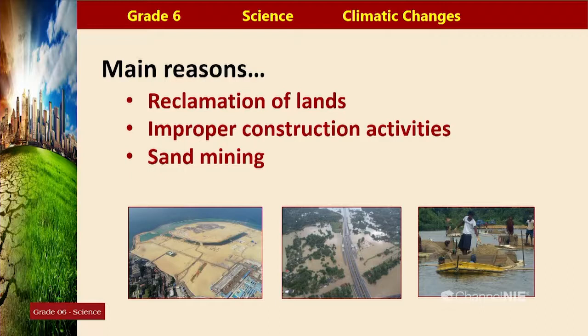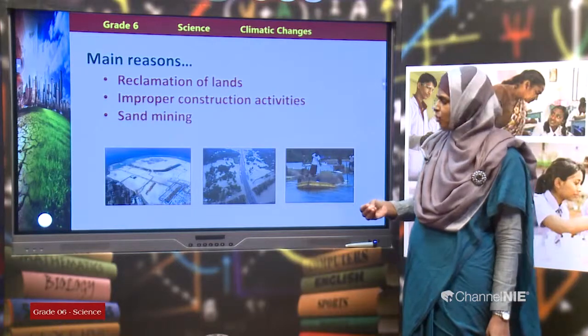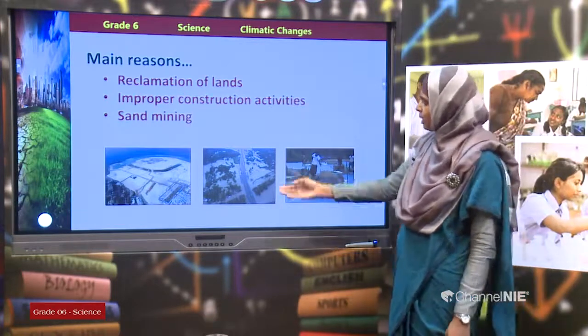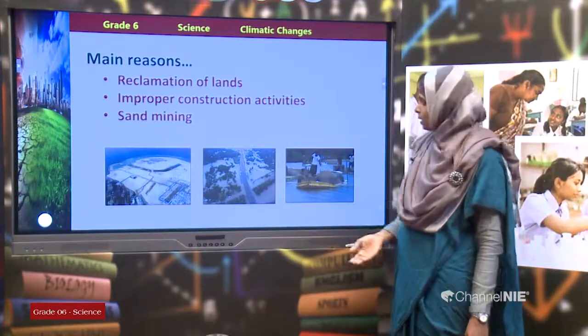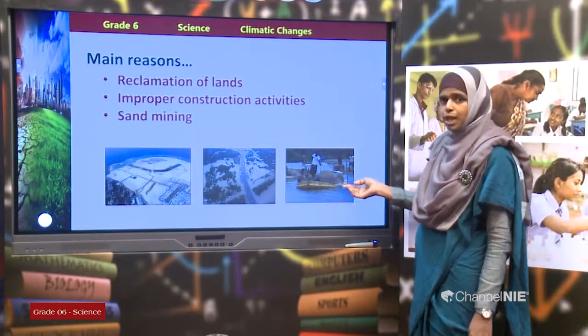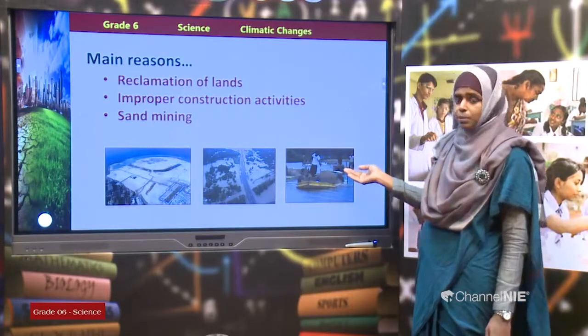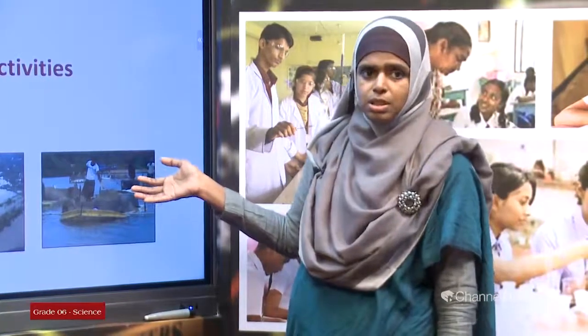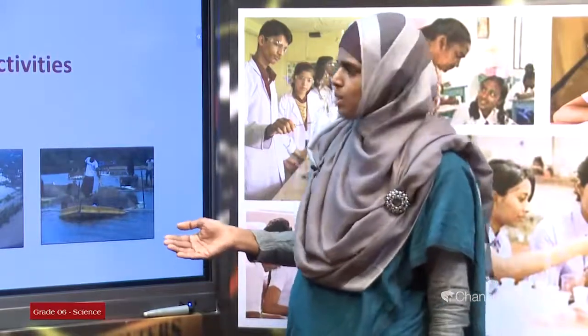Due to many construction activities with development, most of the natural draining areas are covered. So, if there is no natural place for drainage, children, what would happen? Those areas would be inundated, and even with a small rainfall, you can observe a flood like this. Another reason for flood is sand mining, mining of sand from the rivers. For construction activities, people take sand from the bottom of the rivers, children. Even that would make floods occur even during a small rain.